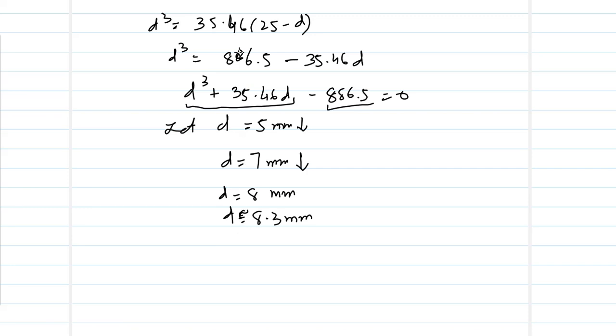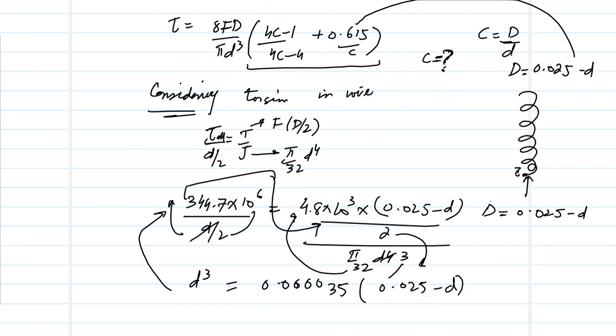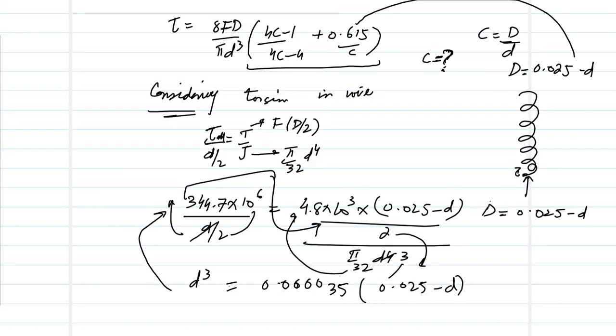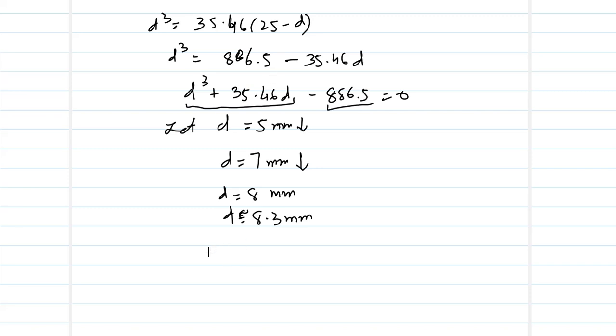Now when this is known, see, we have used a different approach for that. Rather than using the stress formula directly for a spring, we have used only the torsion in the spring wire, because we know from our theory that spring wire also experiences torsion. If you are not getting some value, or you are worried that you cannot get a result from the stress formula, then you can use the torsional shear stress formula and then find the wire diameter. So now we have used the shear stress formula, which is